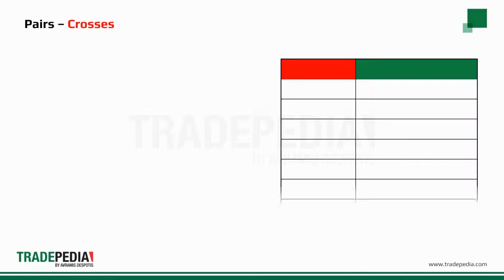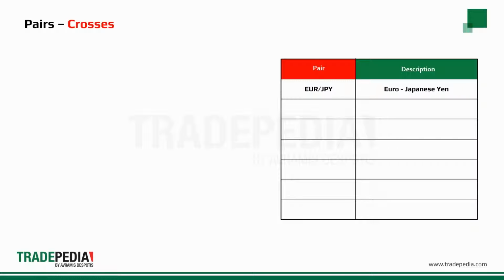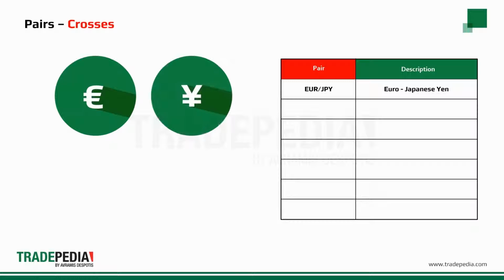Currency pairs that do not involve the US dollar are called crosses, because usually before we trade these pairs, we have to trade first a pair which include the US dollar. For example, let's say you have euro and you want to buy yen. You must first exchange your euros to US dollars using the Euro-USD exchange rate, and then convert the US dollars you got into Japanese yens using the USD-JPY exchange rate. Or you cross out the USD from the equation, and you get directly the Euro-JPY rate, hence the name crosses.